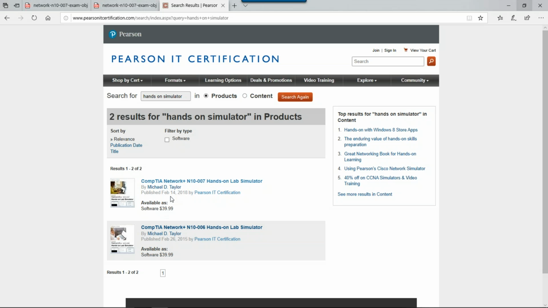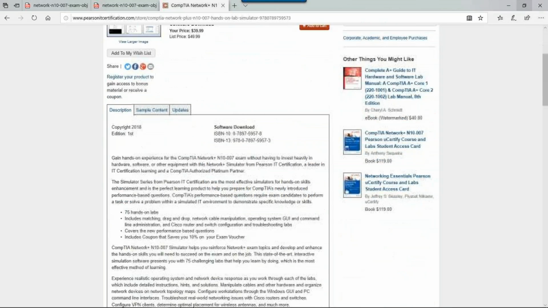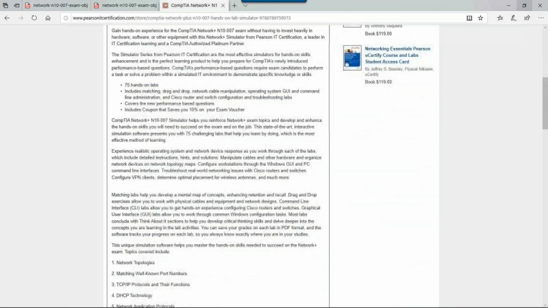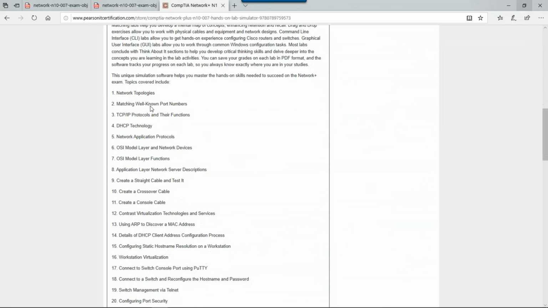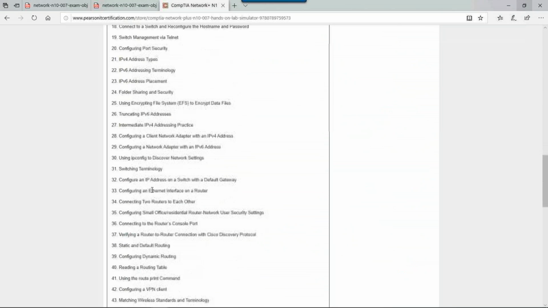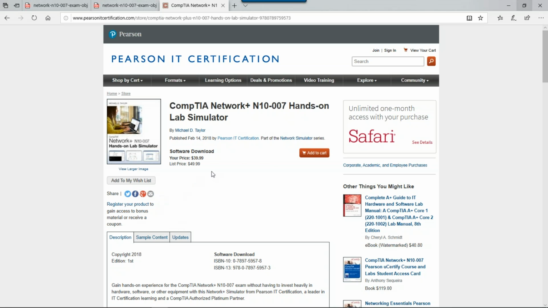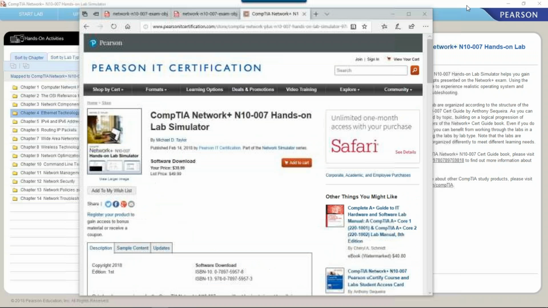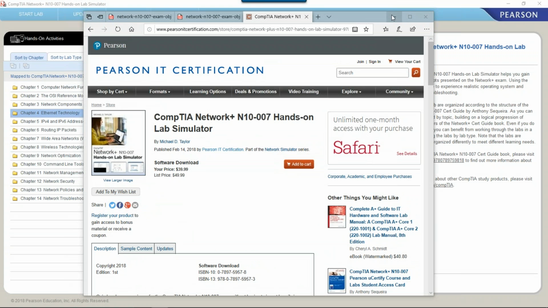Okay, so you can see here there's two of them. You want to get the 007 definitely. And you can see here it's $39.99. So it's well worth it. I mean, there's a ton of tools here, and it walks you through, there's about 75 hands-on tools, and here's everything that gets covered. So this is well worth every penny that you spend on it. Okay, so let's come back to this